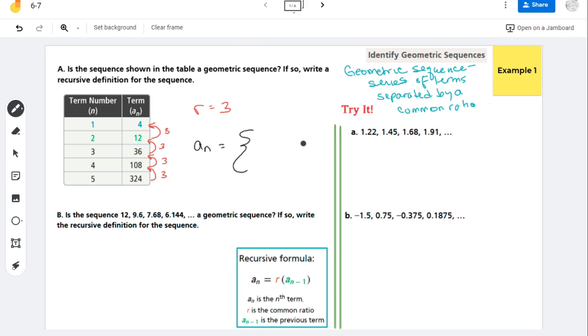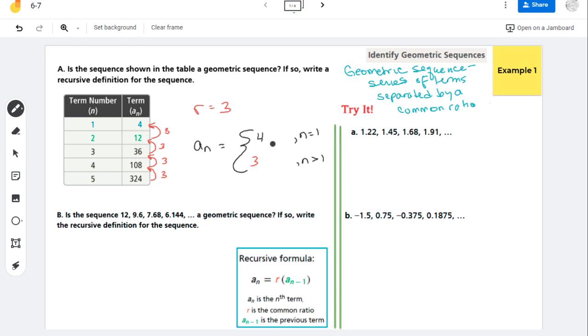To say what our initial term is when n equals 1, you just put that first value, like stating your initial term, but in the form of a piecewise function. Now for any term that's not the first term, we follow this pattern. Our common ratio in this case is 3,